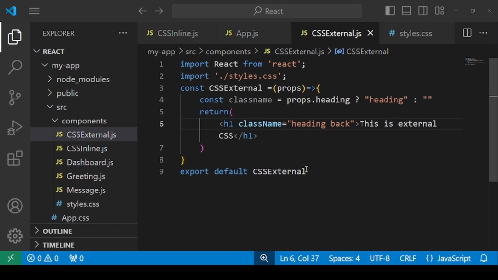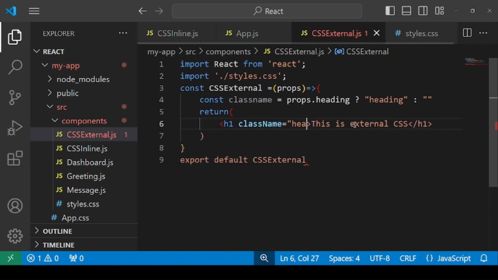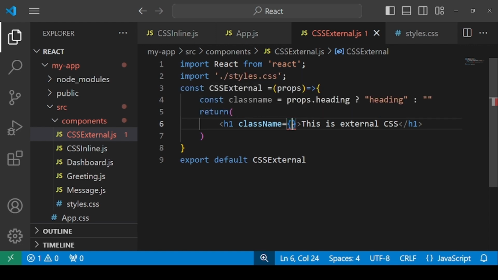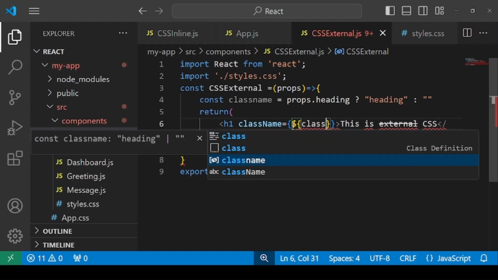But now let's say you want to apply your condition and also some class name at the same time. For this, you will be required to use template literals. You can use your variable as well as your class at the same time. So specify the template literal as $ and put your variable name, className.